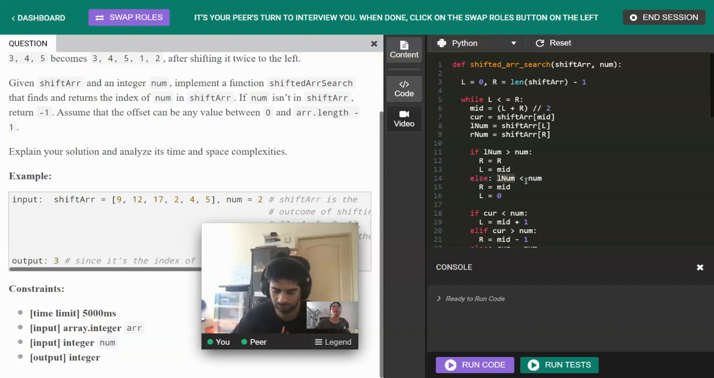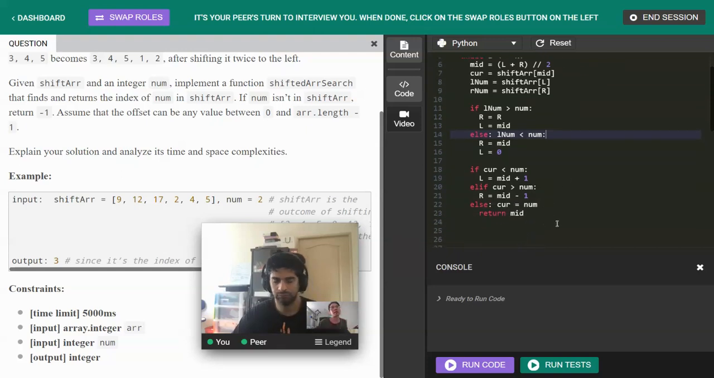Otherwise, the left number is less than the number that we're looking at, and the right will be at the midpoint. The left will be zero index because basically we look at the left part. And then at this point, I'm going to do a binary search on it. So